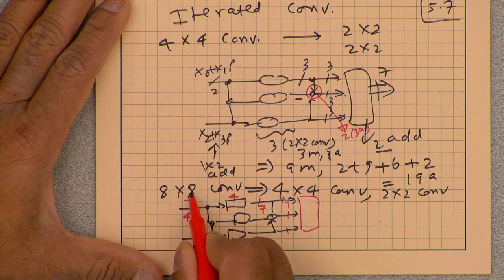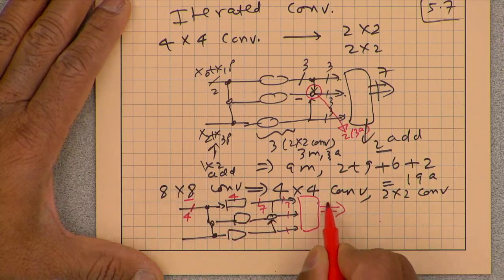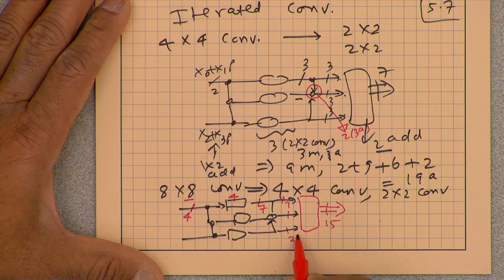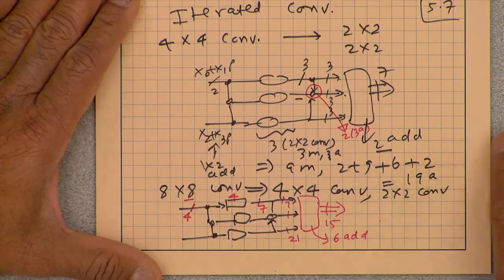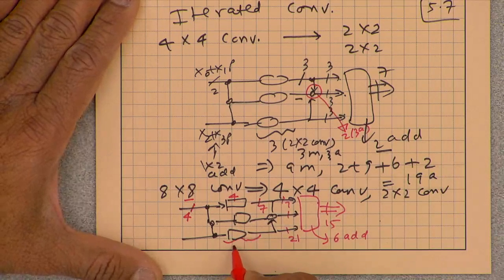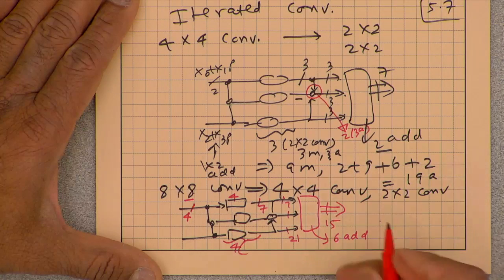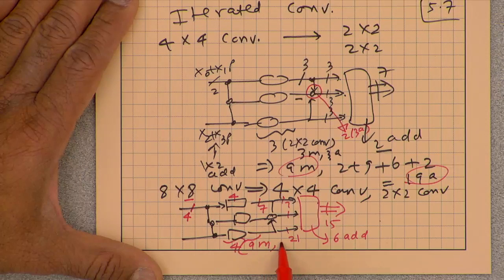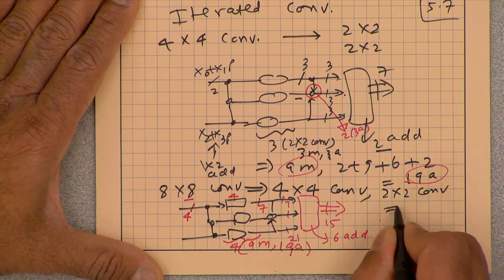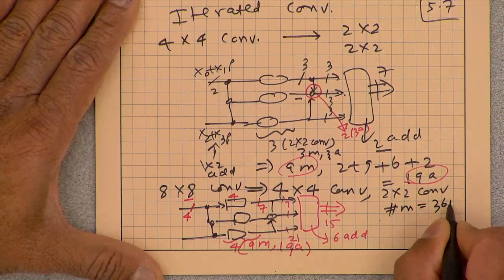What's the result here? 8 plus 8 minus 1, which is 16 minus 1, 15 things. So 21 things compressed to 15 things will require 6 add operations. 6 things have to disappear, 6 overlapping terms. So the total number of multiply adds for the core block here is going to be 4 times... For each 4 by 4 we just computed that each 4 by 4 is going to be 9 multiply, 19 add. So the total number of multiply is going to be 36 multiply.